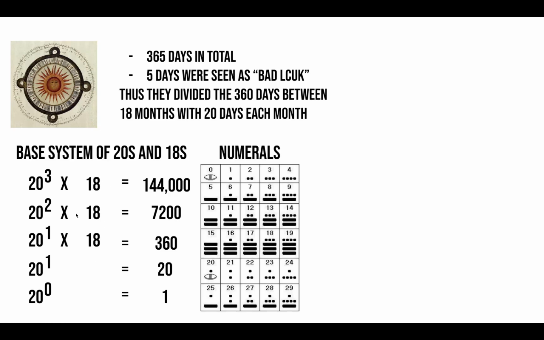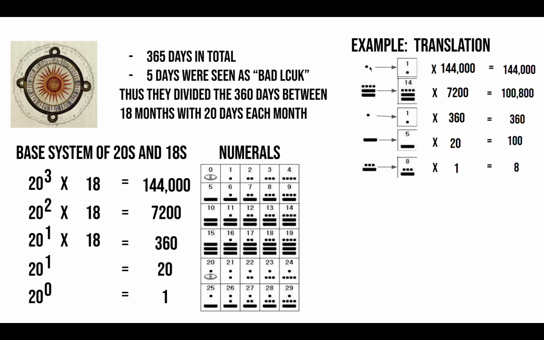Their numerals were represented by dots, lines, and stylized shells. So here we're going to do an example of translations. We're going to start off with a translation in the same order as ascending. So we have 3 dots, which is 3 plus 5, 8. We have 5, 1, and then 2 lines, which is 10, 4 dots, which is 4, so 14, and 1. Then we multiply the values by the base system,